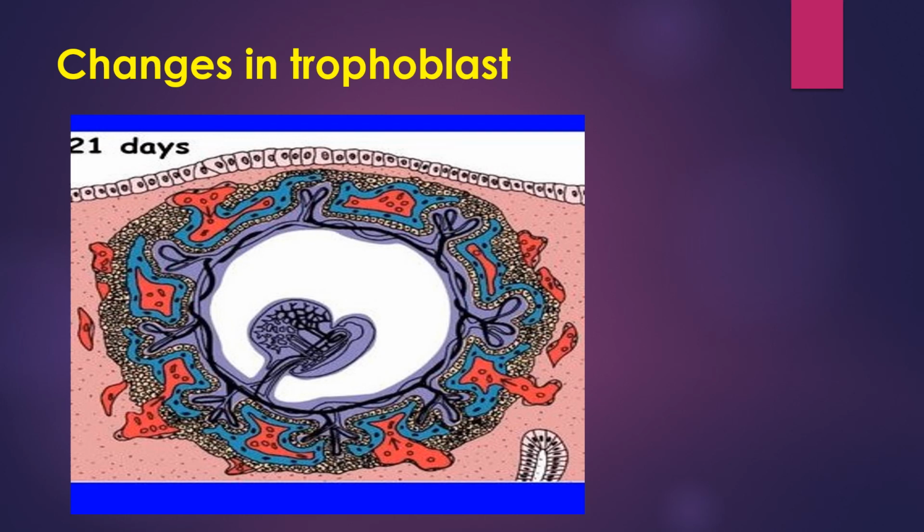So the main thing we have to remember about the changes in the third week is, one, the primitive streak. Why? Because this primitive streak develops from the embryoblast region. This primitive streak only forms the notochord and the secondary mesoderm. This we have to remember. And the next changes are in the trophoblast, that is, the primary villi change into secondary villi, and the secondary villi change into tertiary villi. So only when the tertiary villi form can we see the blood vessels. So these are the changes we have seen in the third week of the germinal period.